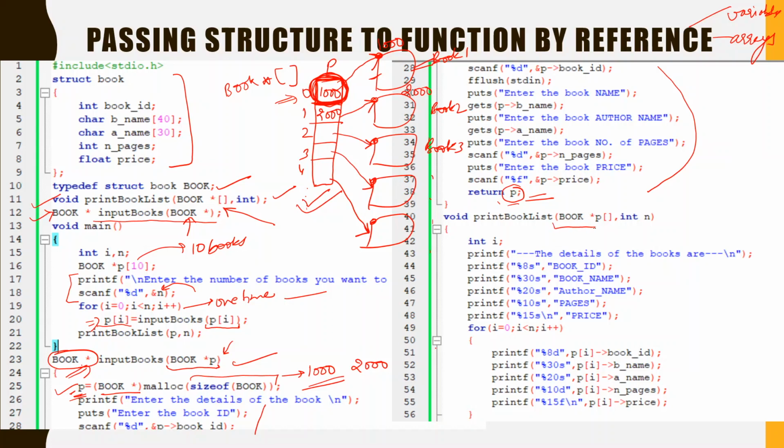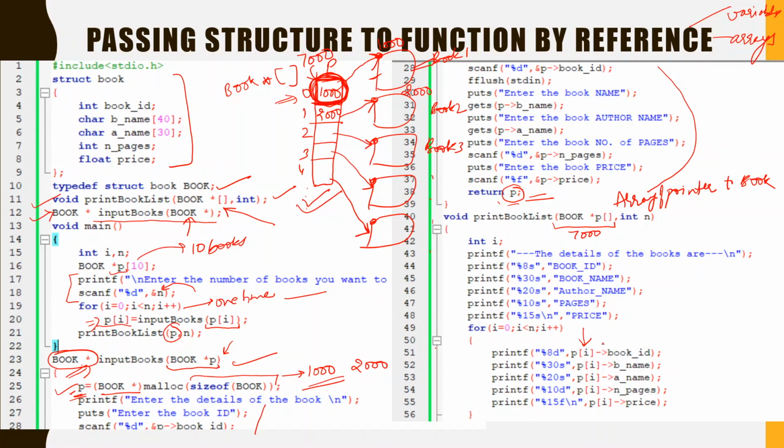So we pass the pointer array, an array of pointers to book. This is stored in p, because the name of the array is p. So p is its base address also, and we have passed this. Suppose this address of p is 7000. So what we have passed is this array, which starts from 7000. We have passed this 7000 to here, and it would work the same way as the array p.